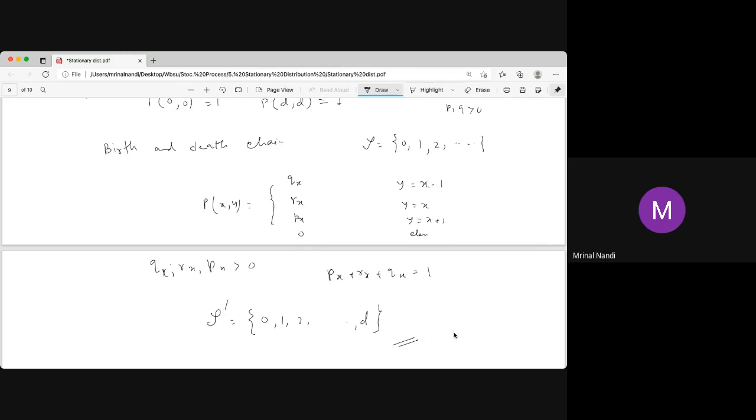Up to this we complete the stationary distribution. Next day we'll start with the hitting time and other distributions and classification of states: recurrent state, transient state. This needs some very sound knowledge of linear algebra, as well as distribution theory, and the convergence of distributions, the CLT or weak law of large numbers, some probability thing. So that's for